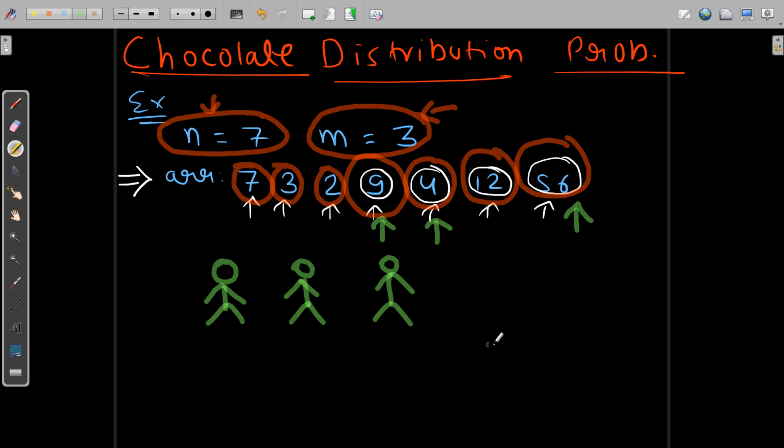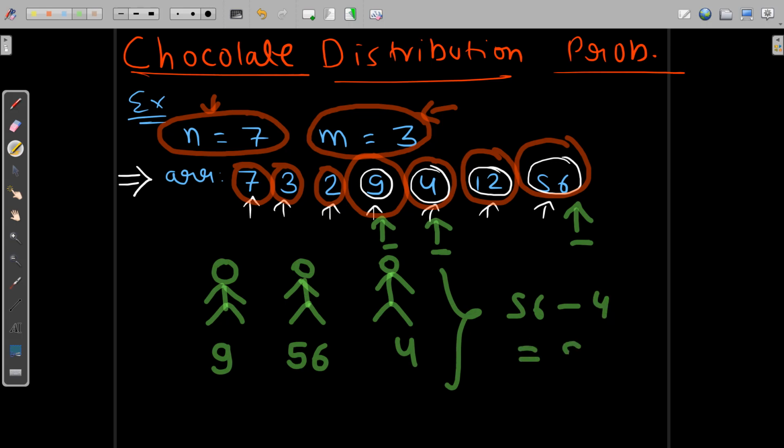I don't want to confuse you. So what we are going to do is give the chocolate box with 56 chocolates to this boy or girl, whatever, and 4 to this one and 9 to this one. We choose this 56, 4 and 9. Now for this particular distribution, the difference is 56, which is the maximum, minus the minimum, which is 4, and that is 52.